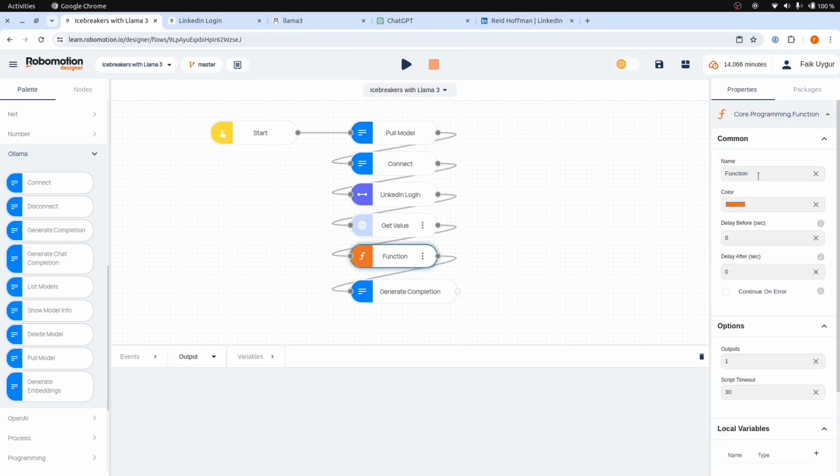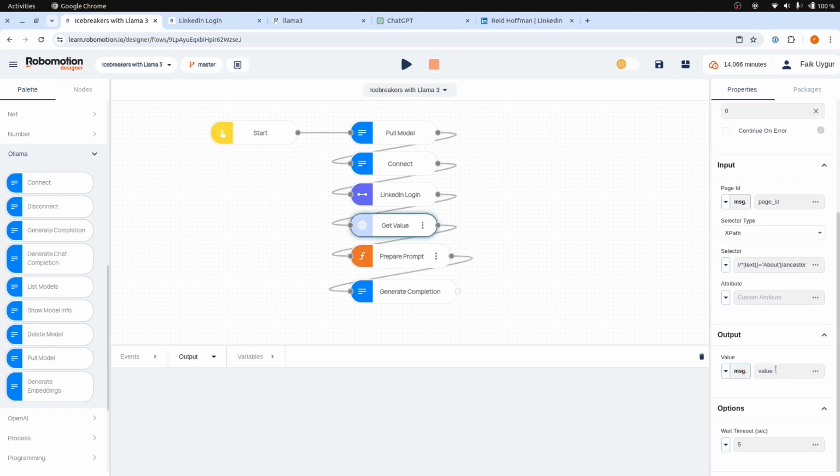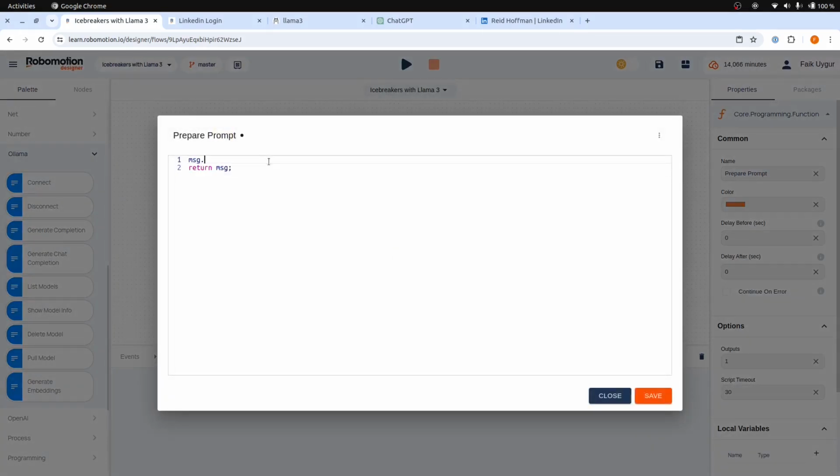We can rename our function node to prepare prompt to improve the flow's readability. The getValue node writes the output to the value property. Let's rename this to about and then start writing our prompt into the function node. You can use backtick operators that allow us to write multiline strings in JavaScript. So let's say,